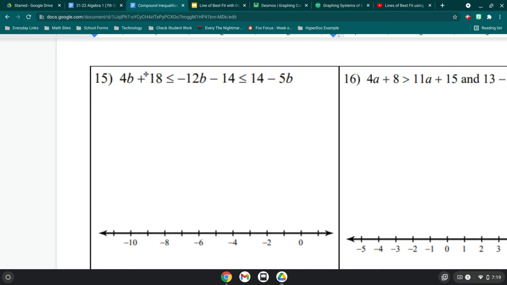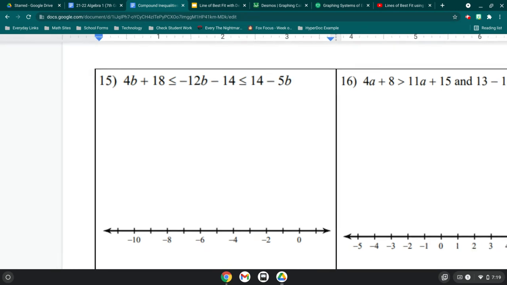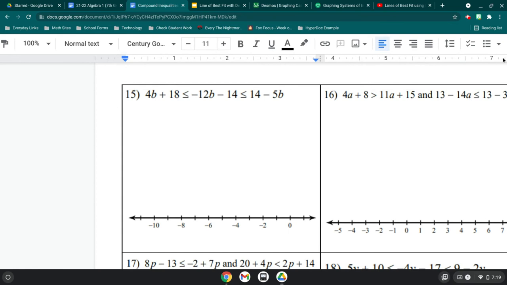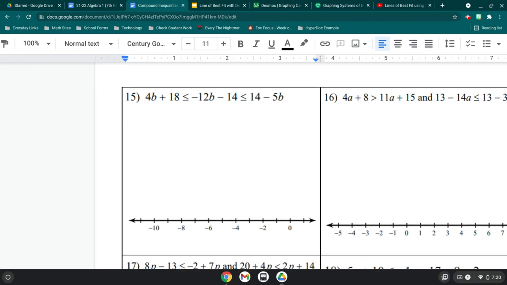Notice here that all parts of the inequality have variables. When that happens, we are going to have to rewrite this using "and" to be able to solve it. So let's go ahead and look at how to separate it. So this right here,